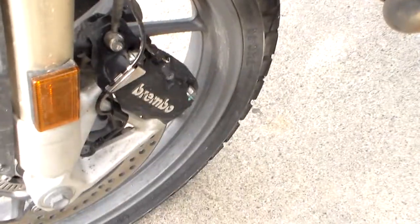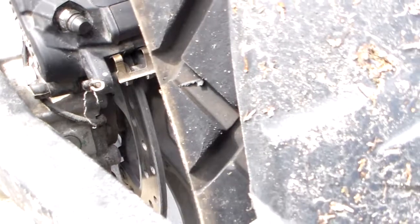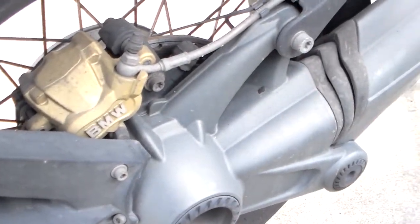Again, here's the front caliper. He lives up in Boulder Creek and he's getting dirt and grime on it all the time. But we probably clean the calipers every 2 weeks at the most and lube the pins because he's going through so much water, so his pads don't hang up. However, he's got probably 5 to 7% brake pad left at 6,500 miles. So it got him to take a look at his pads, and he needs pads, and that's at 6,500 miles from day one. So I don't think the time or miles is that far out of normalcy